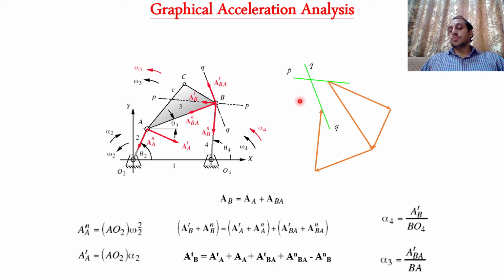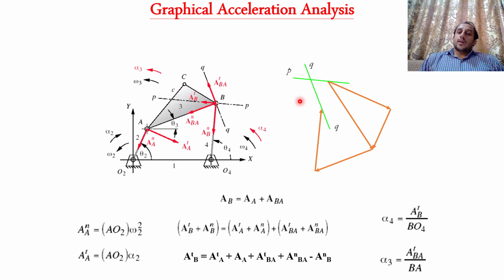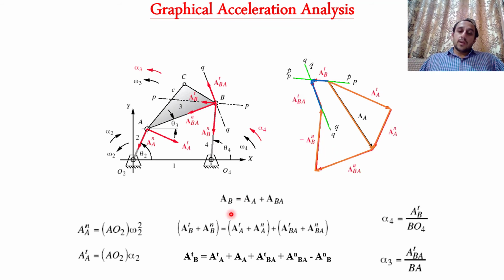ठीक है, so in this way we can find out each and every unknown which are related to the acceleration. तो देखिएगा, so this is ATBA and this is ATB. Since we have all of these parameters available, हमें ये 6 के 6 जो कंपोनेंट्स हैं एक्सेलरेशन के, इनके मैग्नीट्यूड्स भी पता हैं, इनकी डायरेक्शंस भी पता हैं। इट मींस नाउ वी कैन यूज दिस